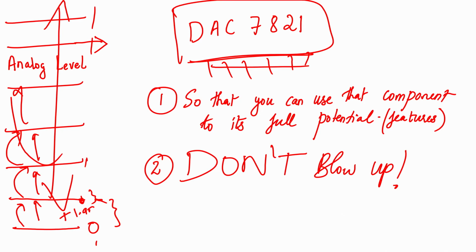Many ICs are very costly; FPGAs and all are more than 2 lakh rupees for one single FPGA. Some ICs are cheap, but we might not even know the price of these ICs, and we should not make a differential decision that this IC is expensive, so let me go through it in full detail, and this IC is not that expensive, so it is okay if I blow it up. That kind of attitude should not be there when you are a professional. Engineering education is a professional education, so this is part of your training to become a good professional.